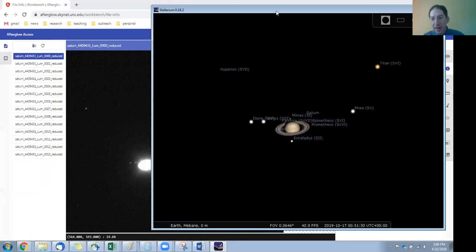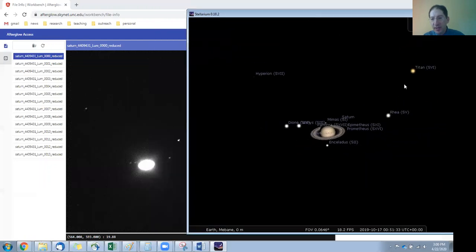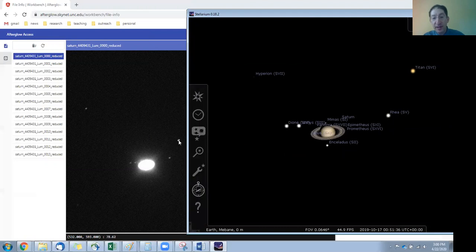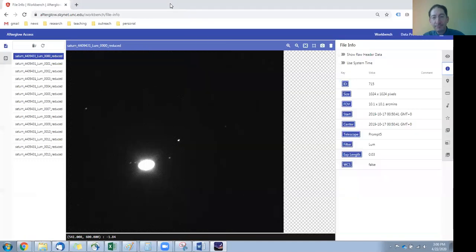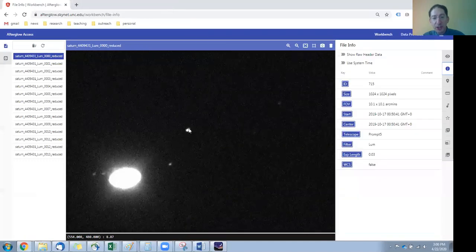I'll scroll out a little bit here. Rhea and Titan. So this one out here, the bright one, which makes sense since Titan is the largest moon of Saturn, is the one that we want. Okay. So how do we measure the separation of this from that? So we go over to the ruler tab,